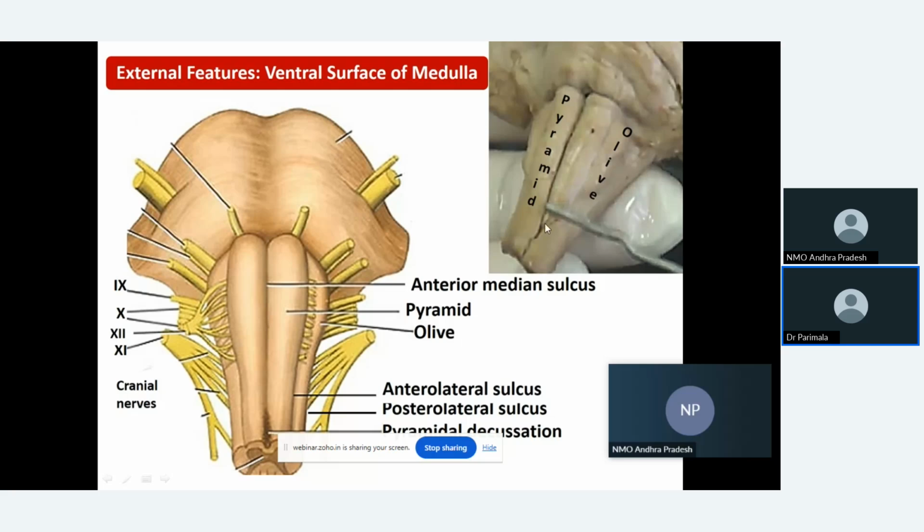The lower end of the medulla, if you can observe, the pyramid is waning, or the size of the pyramid is reducing because of the decussation of these fibers that is happening at the lower end of pyramid. And at this level, if you observe, you cannot differentiate the spinal cord below from the medulla above. So the lower end of the medulla, where the pyramidal decussation occurs, is externally and internally also similar to spinal cord. That is a basic point which you have to remember.